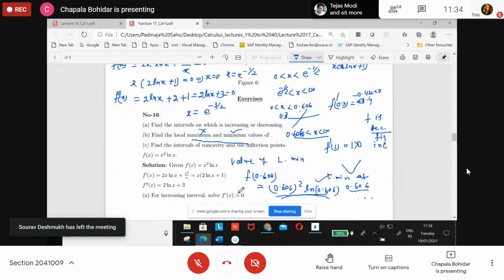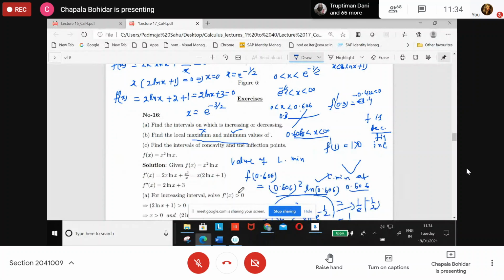Clear, ma'am. All of you clear on this problem or do you have doubt? I'll explain again if anybody has doubt. If anybody has doubt finding the interval or anywhere, you can ask me. Otherwise, I'll go for the next problem. All of you are clear? Anybody have doubt? I'm asking you. It is solved a different way in the PDF. You do it like this.